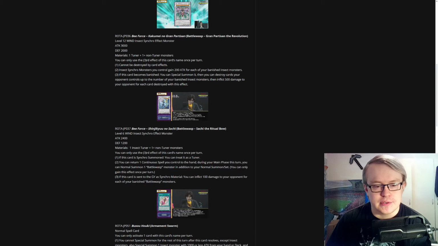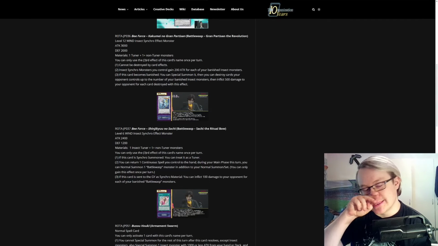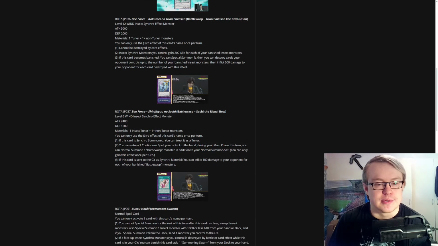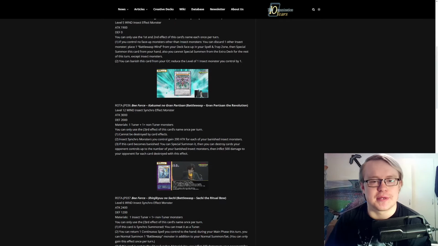It first of all is a way you can return the Battlewasp Wind and get an additional normal summon, which is quite nice, since Battlewasps are still very normal summon reliant. In general, this is fairly easy to make. In general, the Battlewasps do kind of cap at 5, but I feel like with